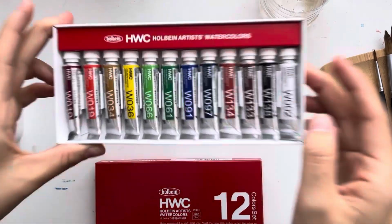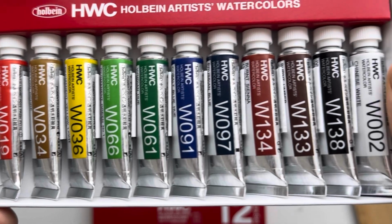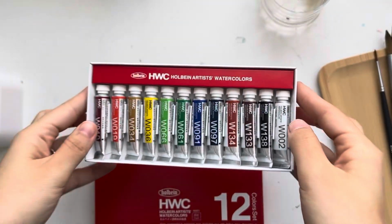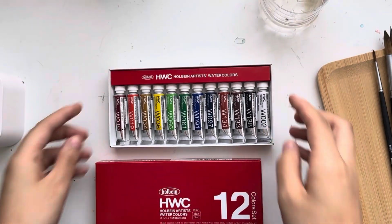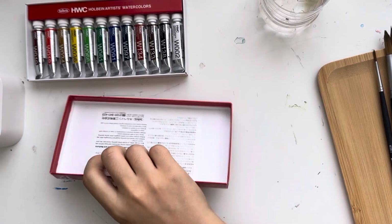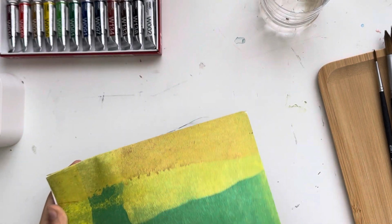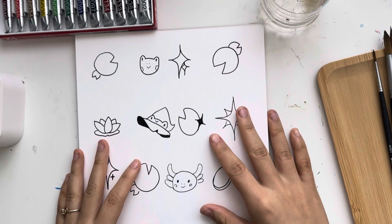I think they make really good quality acrylic gouache and also normal gouache. So I was quite happy to get my hands on the watercolor too, because I would not say I'm a watercolor artist, but it is my preferred medium, watercolor and colored pencil, so I really wanted to try these